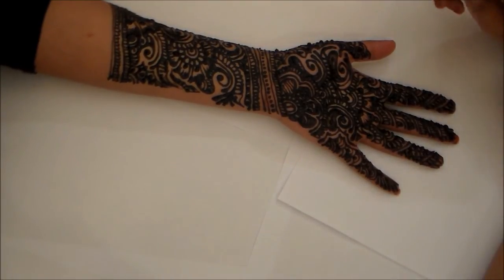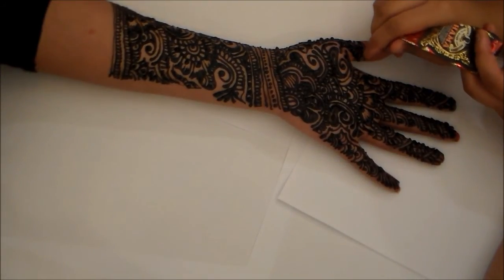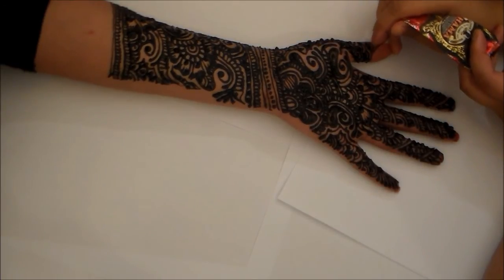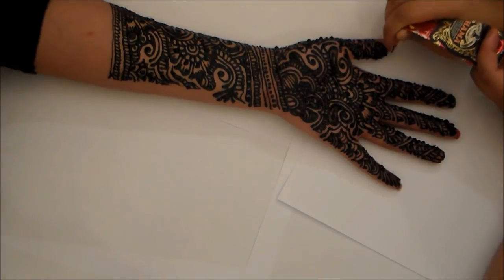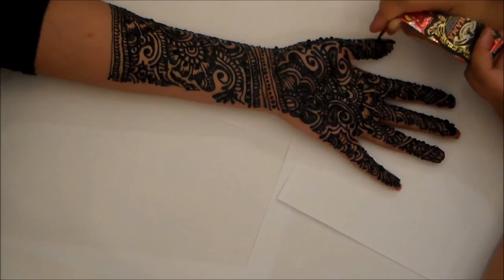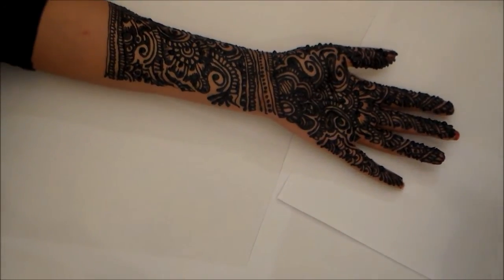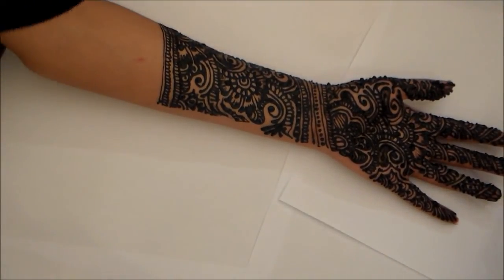Okay, so we've filled in the fingers, most of them. And just going to do the thumb, and then we're just going to go back to the top and sort it out from the top. Okay, so that's what we've done so far. Now I'm just going to go back to the top and we're just going to sort it out from there,